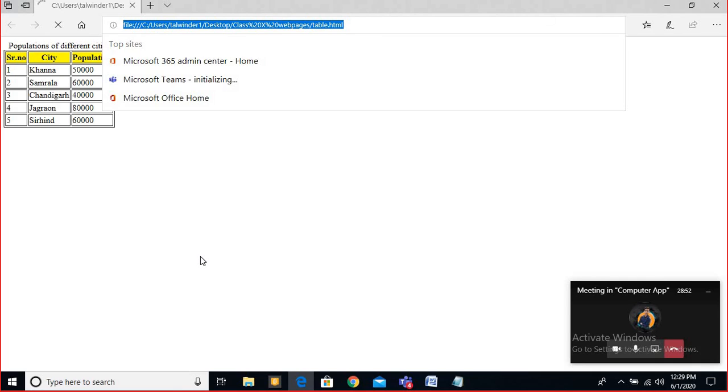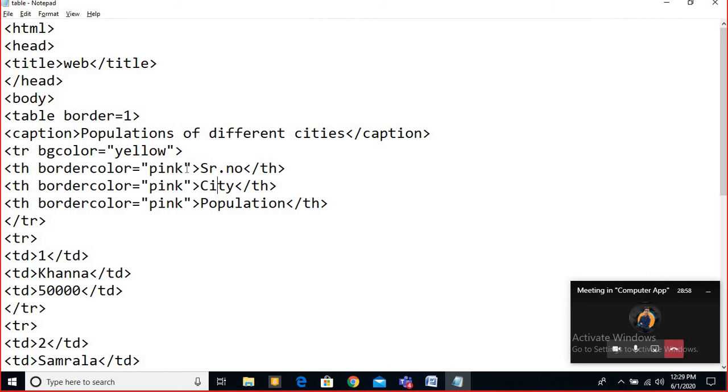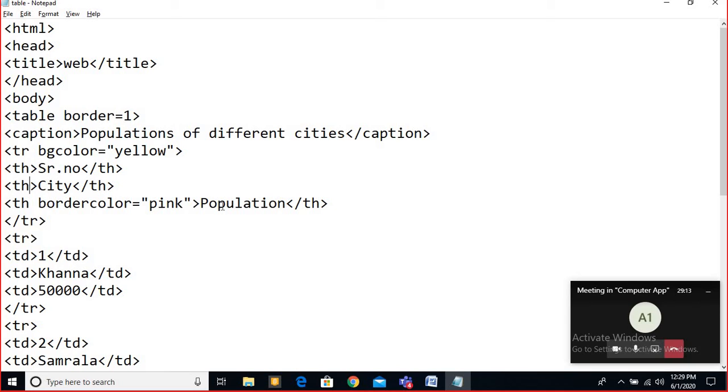But again the output is the same. But I think it should be there.